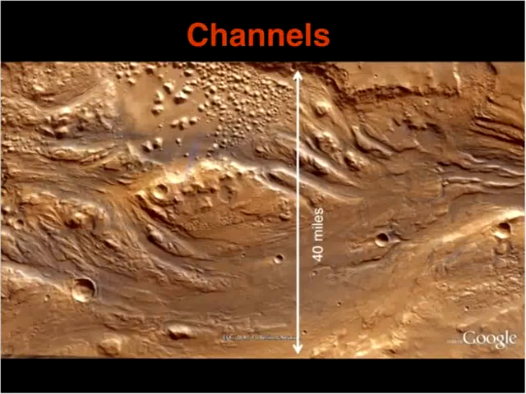The next slide shows sort of a closer up view and just shows how big these channels are. And this is just the width of a series of channels from these catastrophic outflows, and you can see at the top of this scene what looks like this collapsed area, and more water emerged, and the water comes out very rapidly and it scours the terrain and makes these streamlined features, these streamlined islands and other streamlined flow features really show the power of that water as it scours across the surface of Mars.